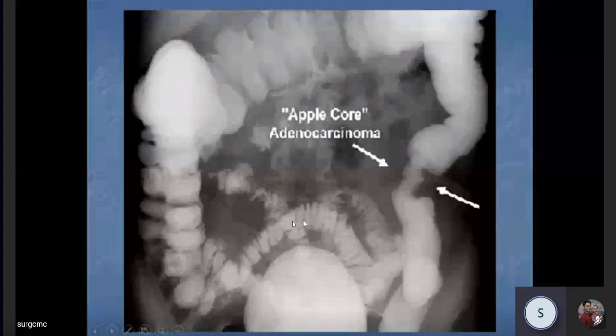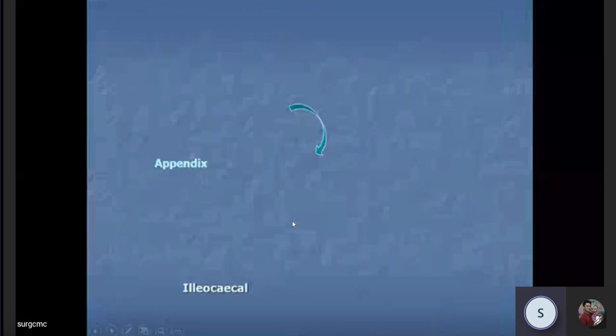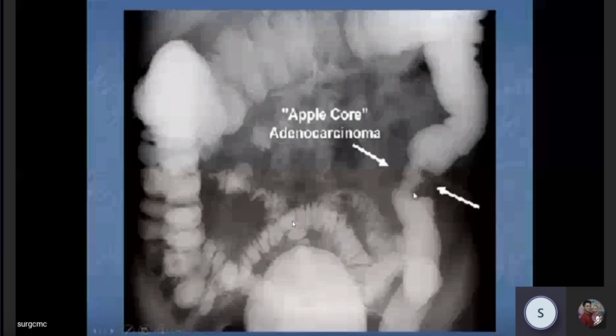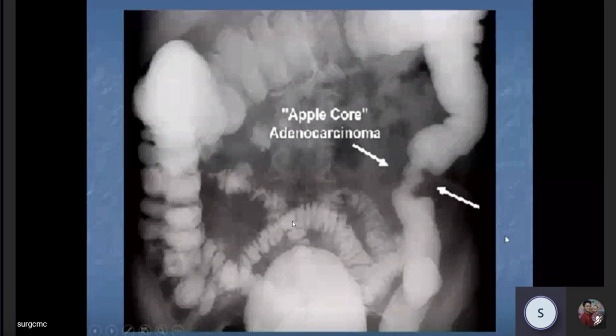This is small bowel, the large bowel going like this, descending, sigmoid, and this is the rectum. You can see the classical apple core lesion which is found in an adenocarcinoma of the colon. So if you are given a barium meal follow-through, or even a barium enema, where you can see this kind of filling defect within the colon, like a half-eaten apple, central part remaining intact, sides eaten, this is nothing but adenocarcinoma of colon.